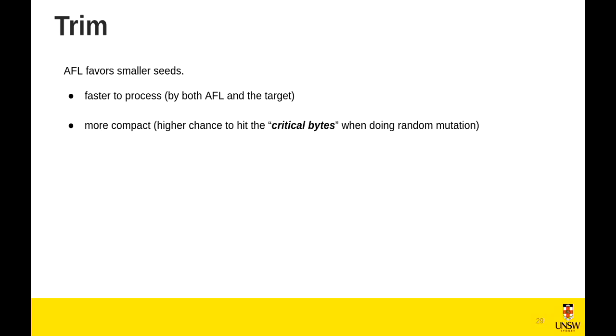And as we could see just now, AFL favors smaller seeds. There are 2 reasons behind this. The first one is that smaller seeds are faster to be processed, by both AFL and the original target program, because we are dealing with a smaller section of memory, right? Whenever we are dealing with smaller files, it's faster to process, and it is more compact, which means that